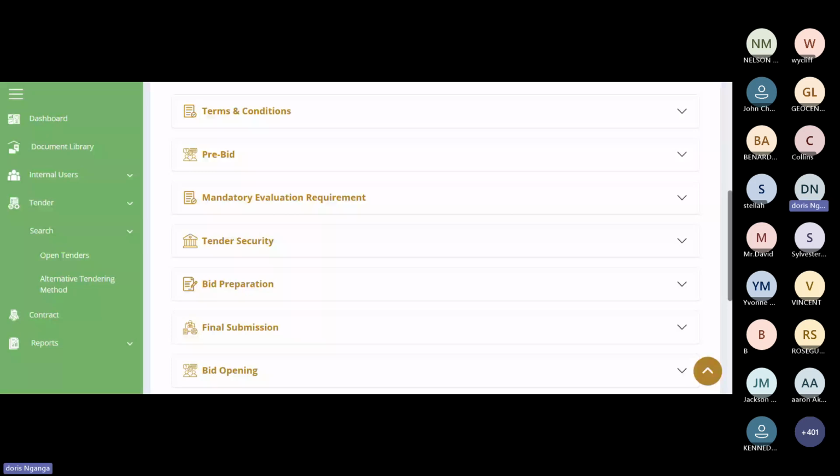For the youth group, if you are registered as a youth group and you are registered by the Register of Companies, you should have a BRS number. And for the AGPO group, remember, we are really following up on the presidential directive about enabling our AGPO group to participate in the procurement opportunities.